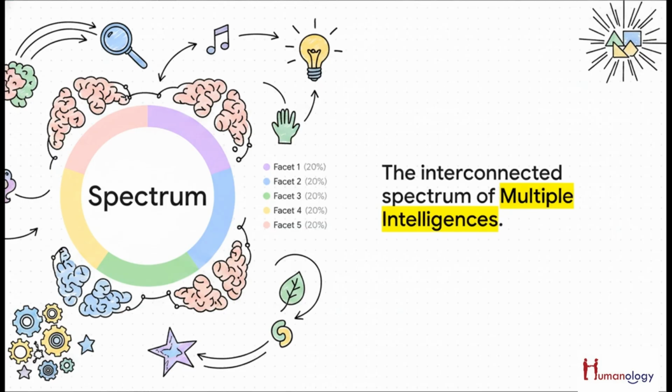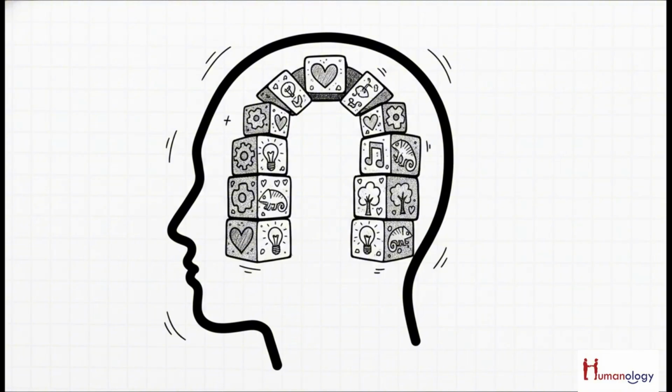They exist as a balanced, interconnected spectrum. It's like a giant puzzle. The source highlights specific multiple intelligences. You've got spatial intelligence, which is how we visualize the physical world; linguistic intelligence, our mastery of words and language; and interpersonal intelligence, our capacity to understand the hidden intentions and motivations of others. Every individual piece plays a critical role in making up the whole. Exploring multiple intelligences means moving completely beyond singular metrics and recognizing this vast spectrum of capabilities.